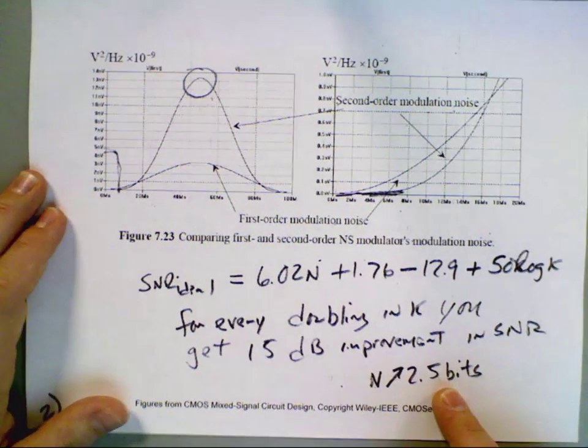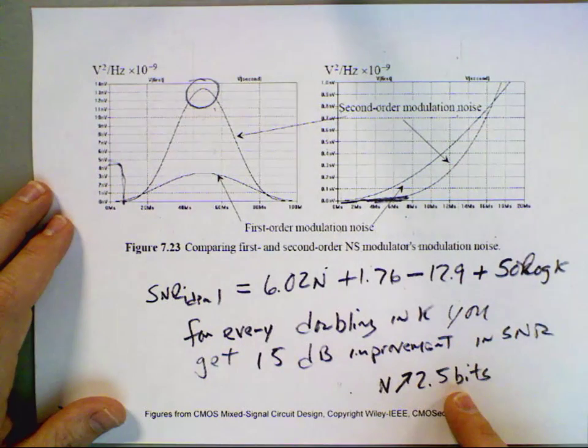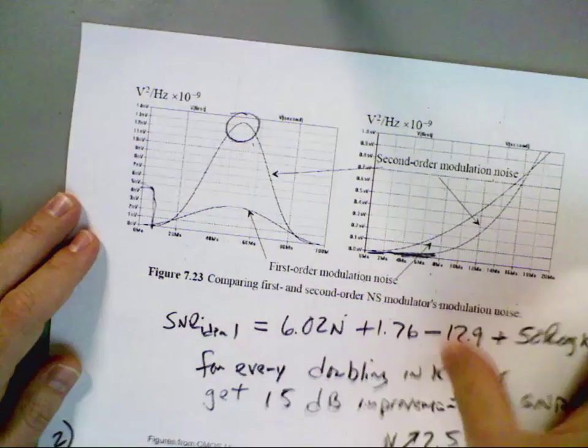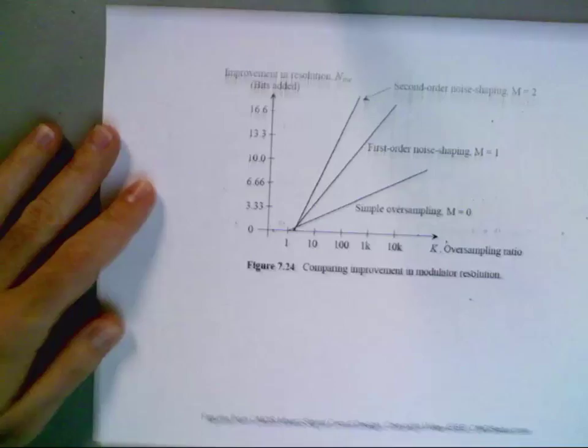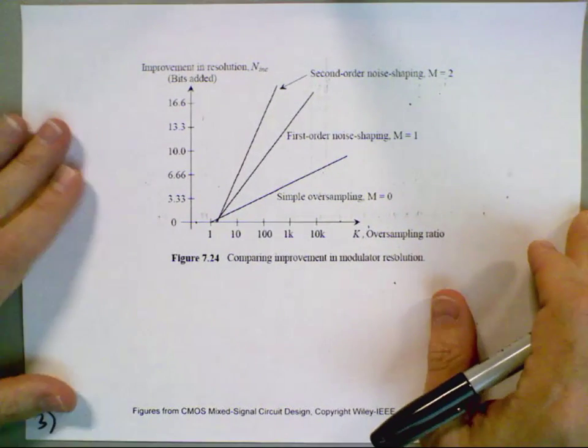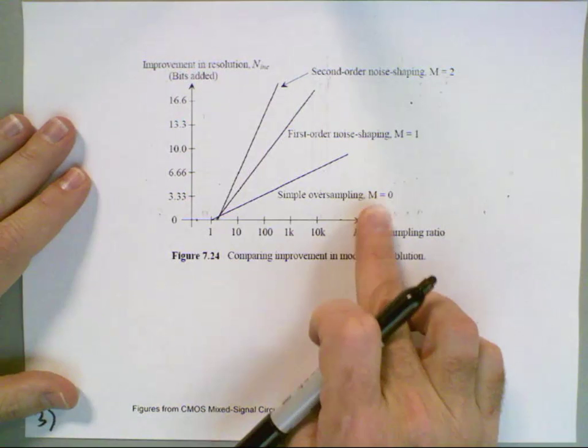right? So what was it for first order noise shaping? 1.5. So let's compare them. Now, I'm going to show you the plots of improvement and resolution. So we have simple oversampling,